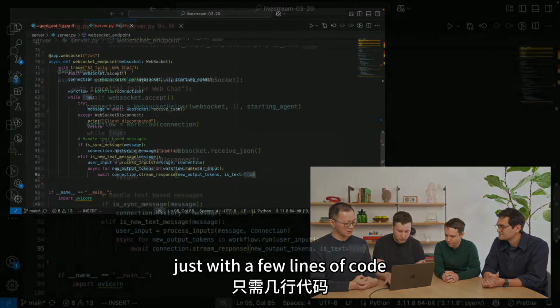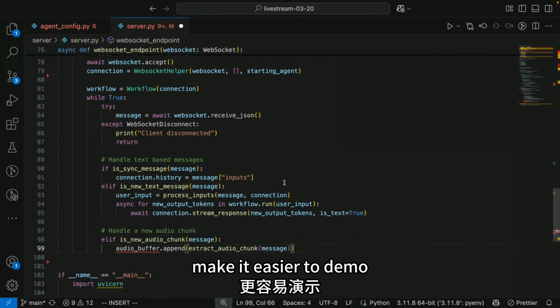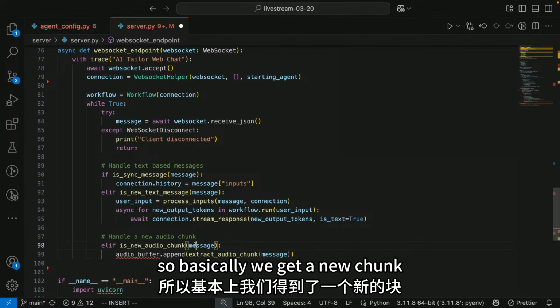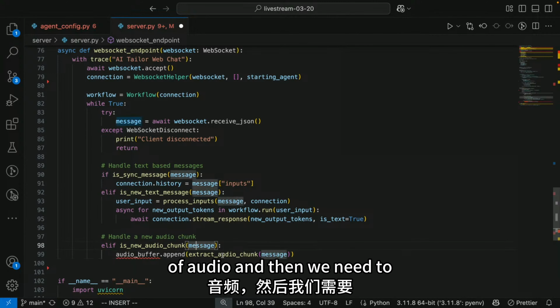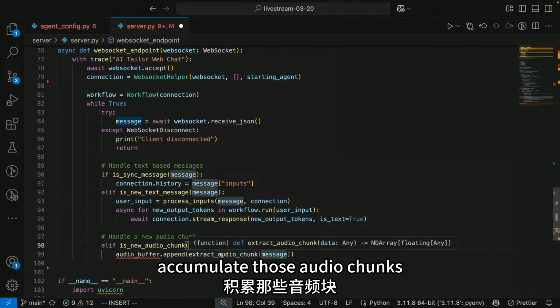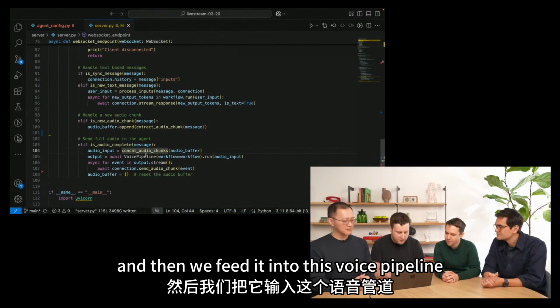So I have some snippets I prepared to make it easier to demo. Basically, we get a new chunk of audio, and then we need to accumulate those audio chunks first. I need to make sure I don't forget to initialize the buffer. Right. Now, once we get the full audio, we need to send it to the agent. So here, we are getting the audio, we concatenate all the chunks, and then we feed it into this voice